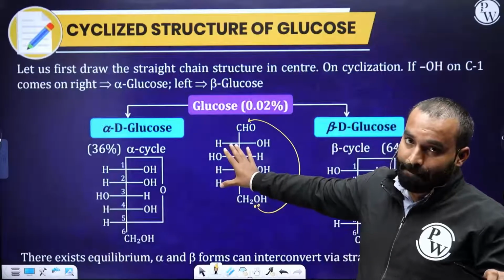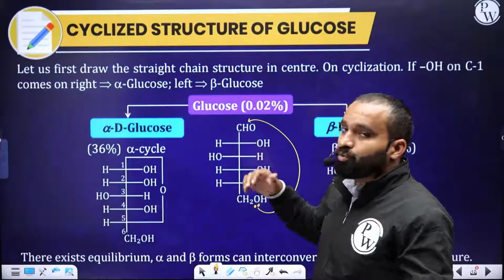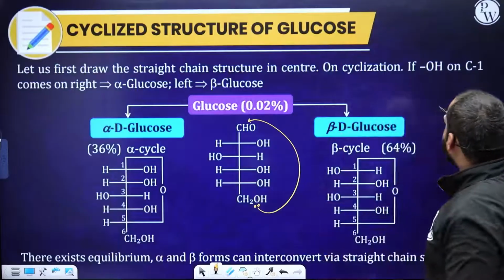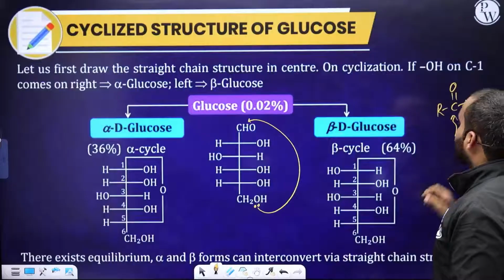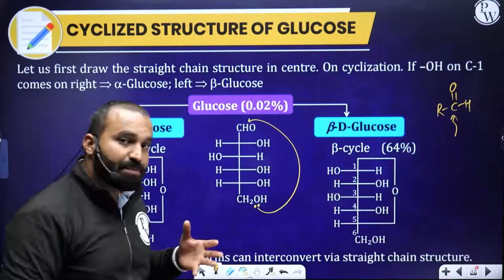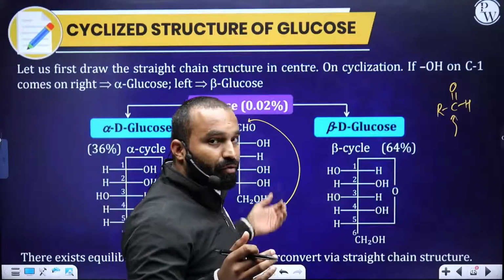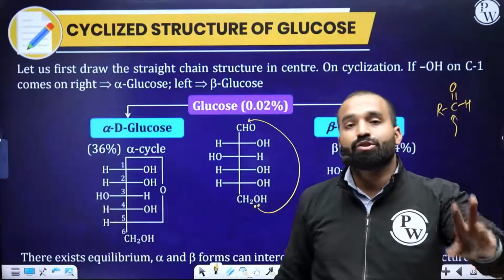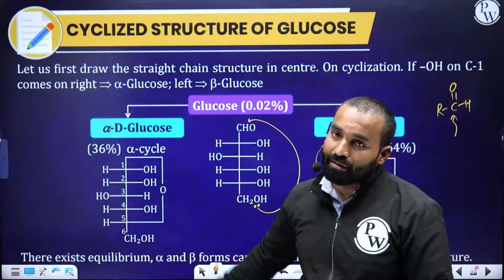As a result of this attack, the C double bond O, which was a planar molecule initially, it was a planar site. I want you to tell me in the comment box what is the hybridization of this carbon center. Hybridization is sp2. Right, everybody? sp2 means planar geometry. If attack happens, it can happen from the top or it can happen from the back. As a result, there are two stereoisomers going to be generated. One is alpha, the other one is beta.